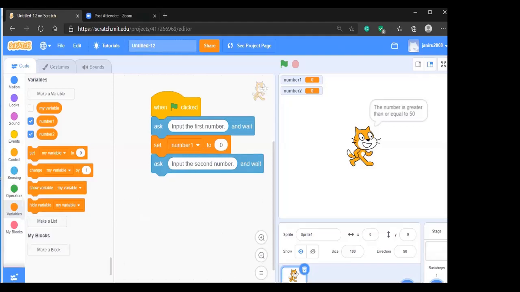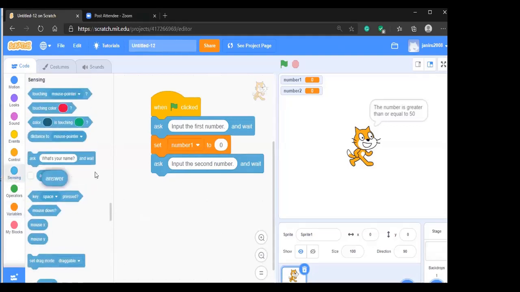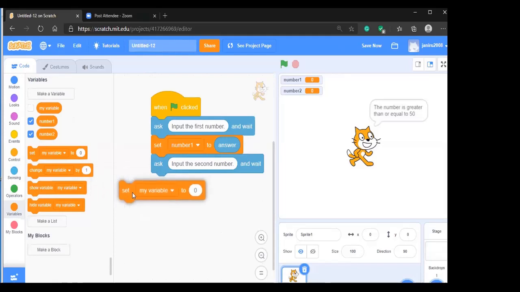Now we go to this one, and you can have something like that. You get the answer and set it into the variable number one, and you have to do the same thing for the second question.